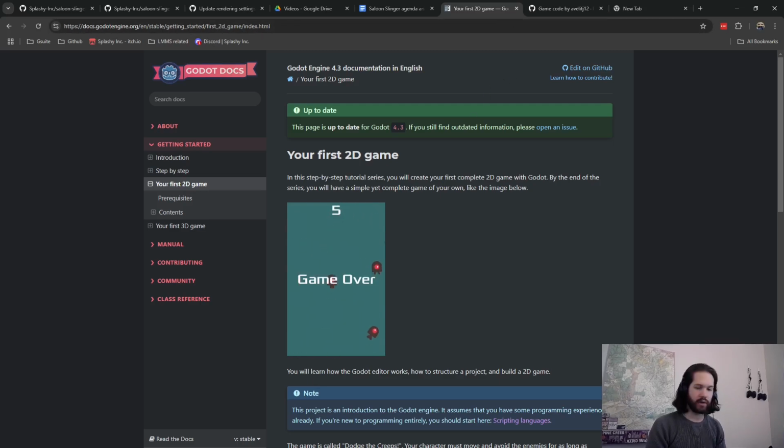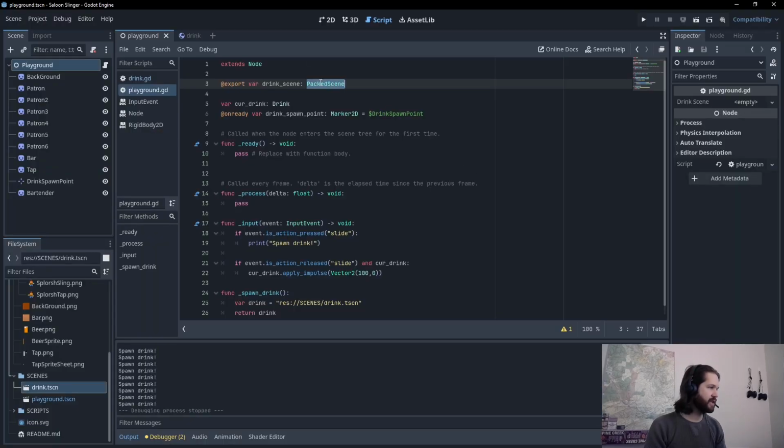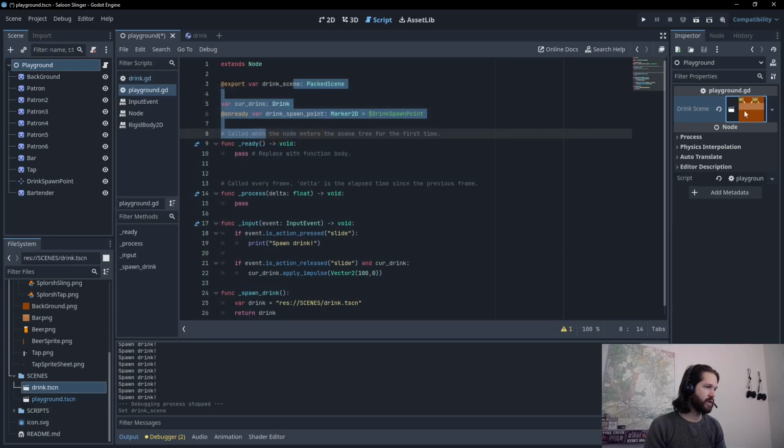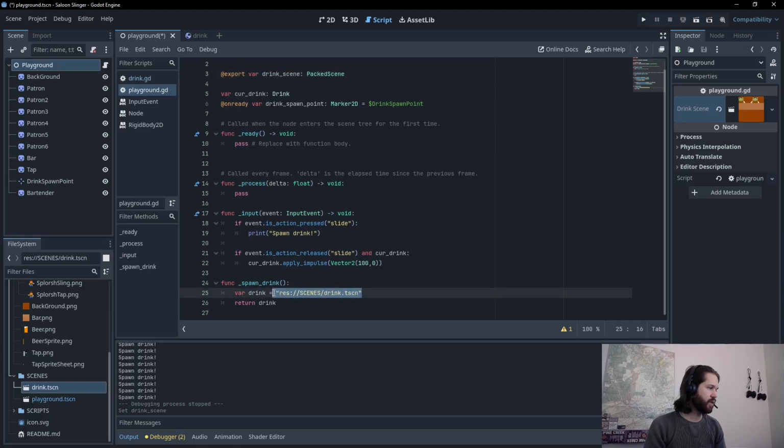They're really great. Going back to our project, packed scenes are that TSCN file smushed into something that can be referenced later. We want this packed scene to be loaded from our scenes and our drink scene. So now our drink scene is loaded into this variable called drink scene, and we can say that drink equals